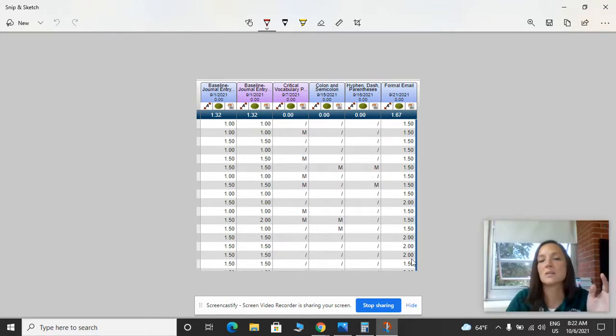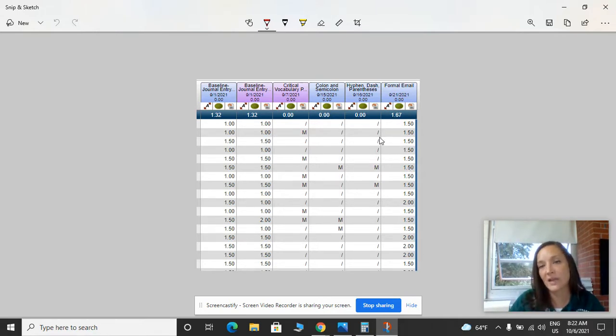And you can see here that some students have 2s. That's all they need to be at for conventions. Some students are at a 1.5, and we're still in the middle of grading their journal entry number 2, but we're hoping to see that most students are at a 2.0 for that. And if they're not, they'll be given an opportunity to do some other assignment that they can try to get their score up to a 2.0. A 2.0 translates to an A on the report card. If they're at the 1.5, that's a B. So they're still kind of in a good place. It's not too bad starting out for this first marking period.